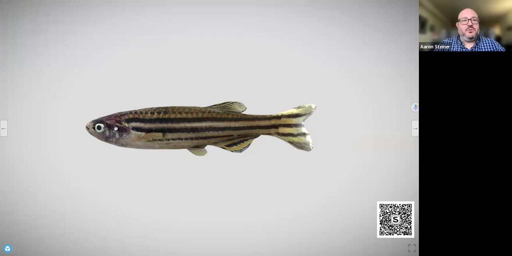And not only that, but you can study the entire development of the embryo from the time it gets fertilized. It's outside the mother, so you can study it really easily. And they're great for putting under the microscope, which is going to lead me to my next slide,